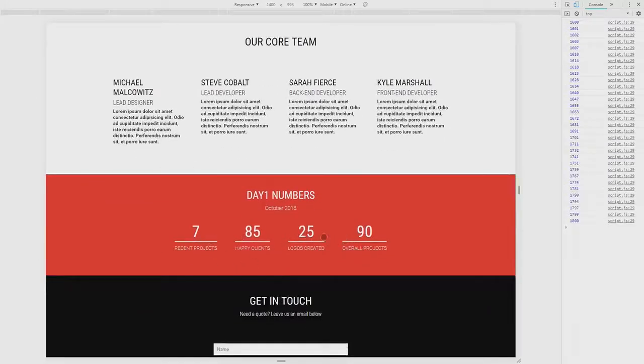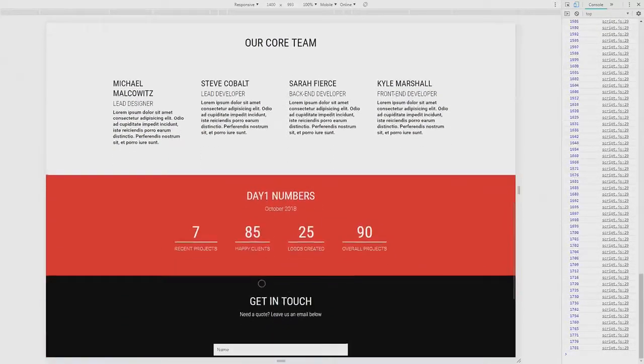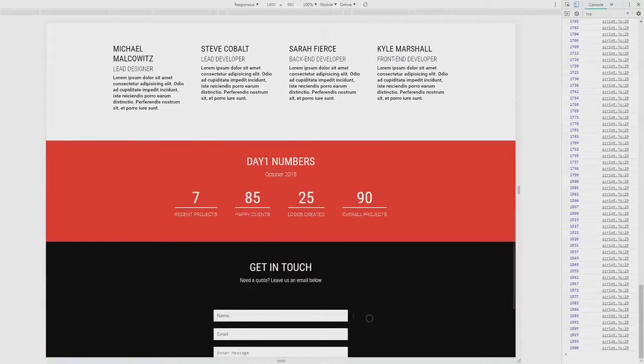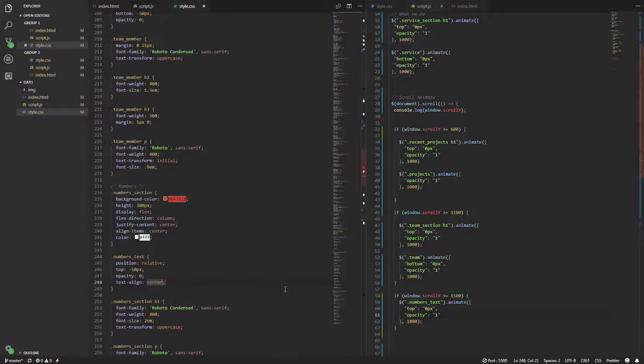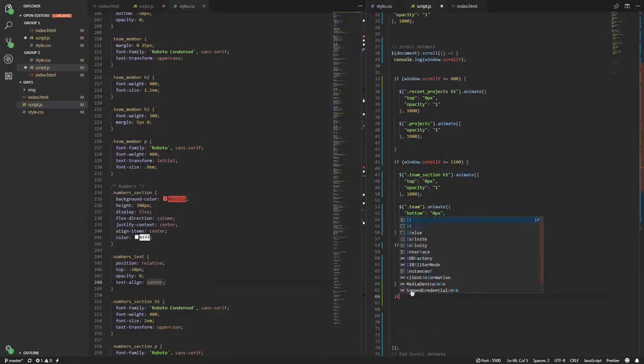And like I said, we'll come back to these numbers and we'll do the context section next. So the context section, I'm looking over here. What, 1900? We'll have it fade in and this text fade down. That looks good to me. So outside this if statement, we'll add another if statement. If the window.scrollY is greater than or equal to 1900, then we'll do